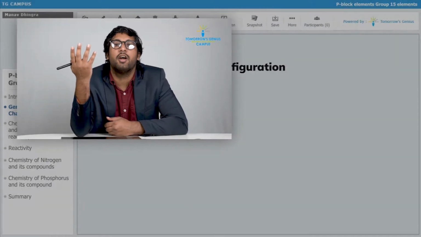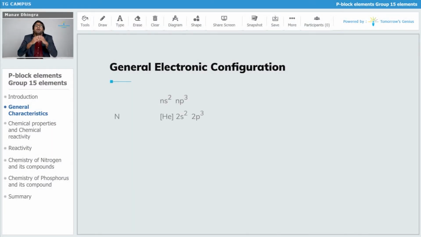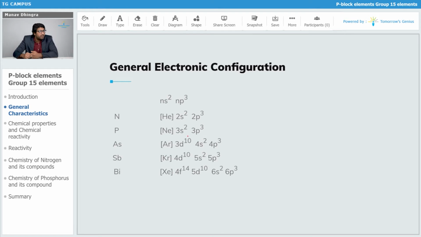So the answer resides in the electronic configuration. Down the group, as you can see, nitrogen is having 2s2 2p3. Its period number is n, where n represents the period number. As you people know, nitrogen is in period number 2, phosphorus in period number 3, arsenic in period number 4, and down the group bismuth, being in period number 6, has the valence electronic configuration of 6s2 6p3. Moving further,